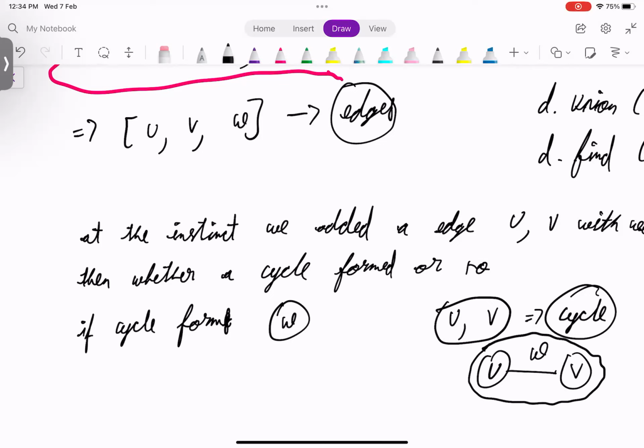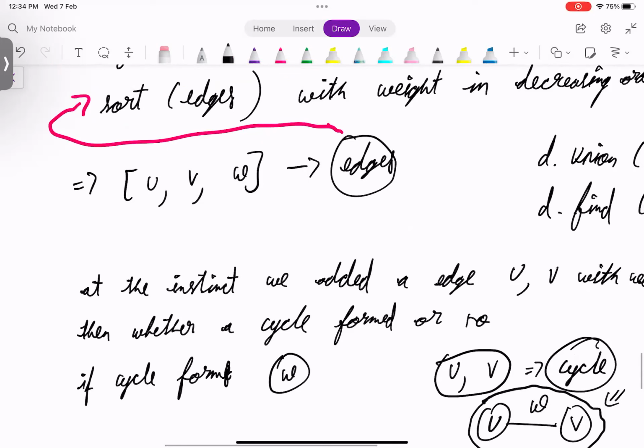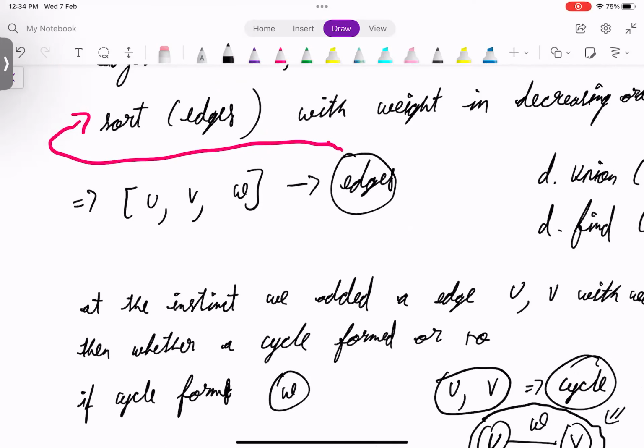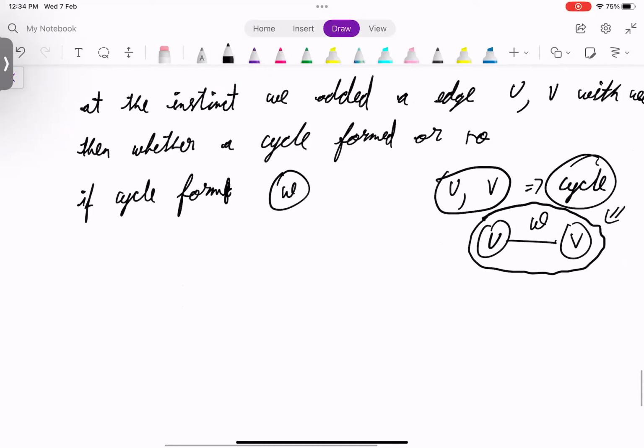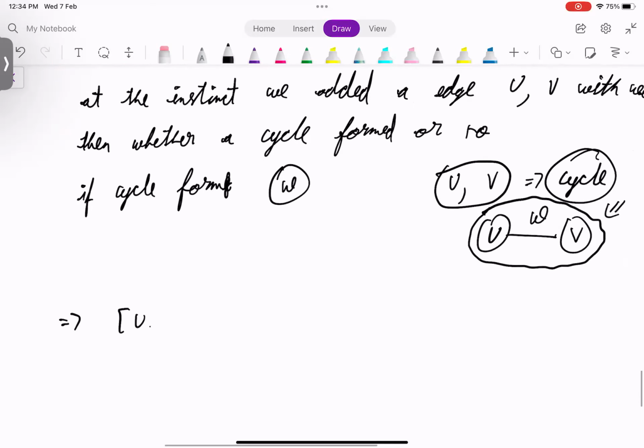But due to connecting the current edge, a cycle formed. That means for sure the current edge should have the minimum weight in that cycle, because all other edges have weights greater than or equal to w. As we are traveling in descending order of edge weights and merging them. Right? So if you look at it in this fashion,